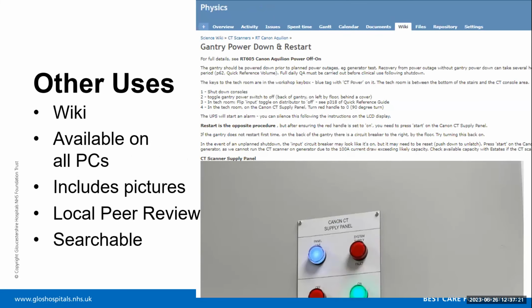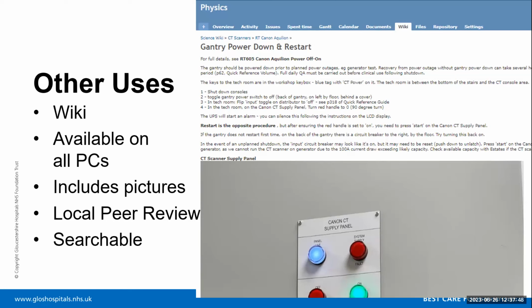It also has an inbuilt wiki facility. And that's quite nice because it means that we can get to this on any PC because it's hosted on a web browser type interface using Apache on a server that's local to the trust. We can just have a wiki. That means any machine that you're on, you can instantly access the wiki just by logging into Redmine using your credentials. And that saves us having to run upstairs and get notebooks,